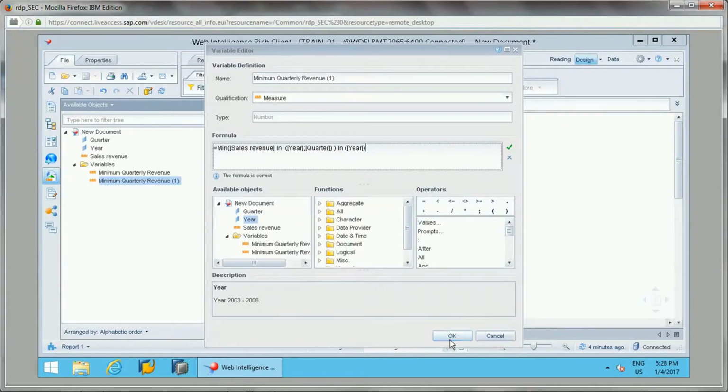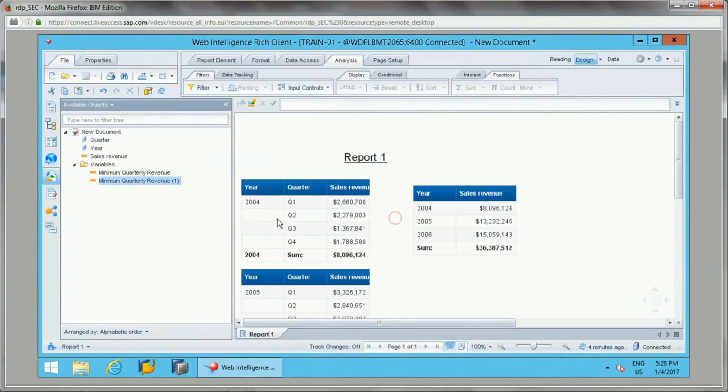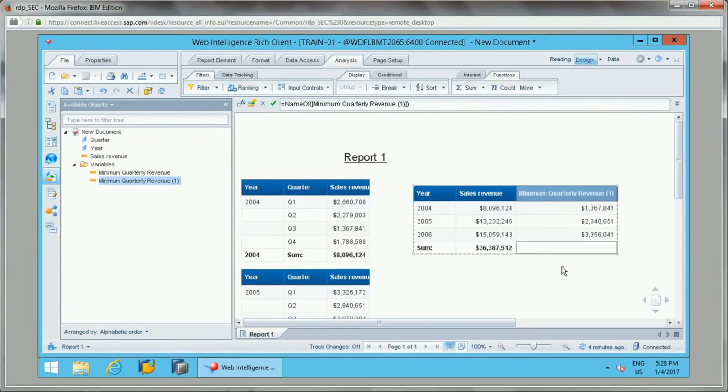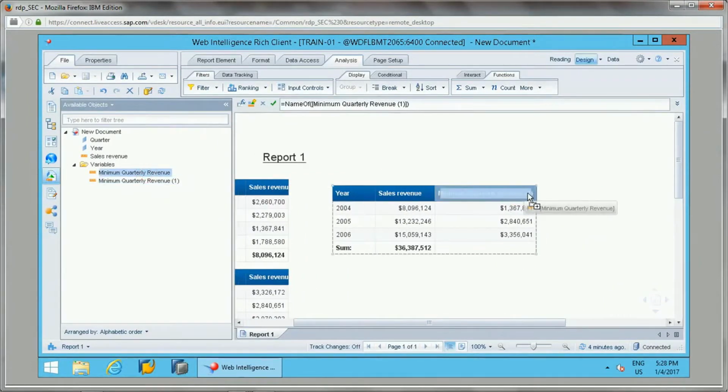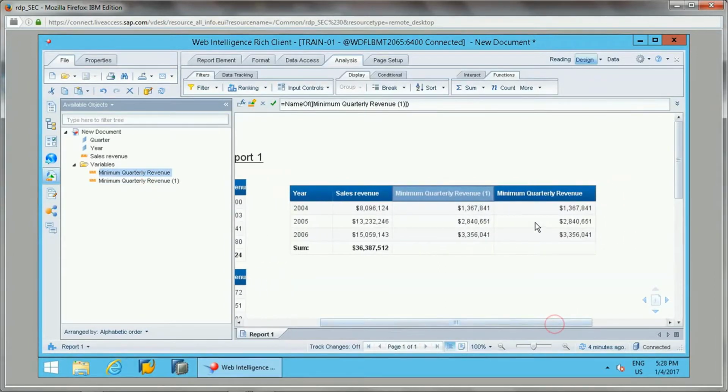Let's add this. See now this data. This is the second variable which I created. If this is the quarterly revenue, the first variable also, if I add it here, will give the same results.